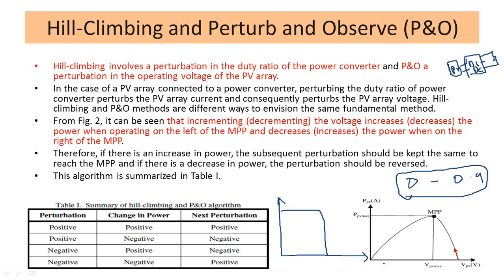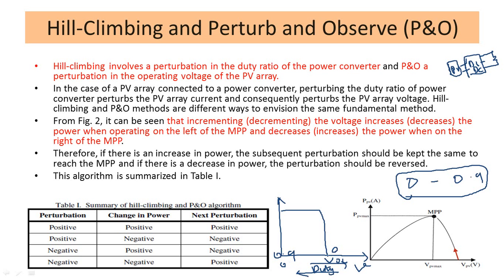Now, one more thumb rule that you need to understand is, this is going to be your voltage. In general, how will you plot your voltage, 0 to max, or VOC? But in the case of your duty cycle, it will always vary in the reverse direction. So this is thumb rule number 2. The duty cycle will always vary in this order, from 0 to a maximum of 0.9. This is the second thumb rule that you have to remember.